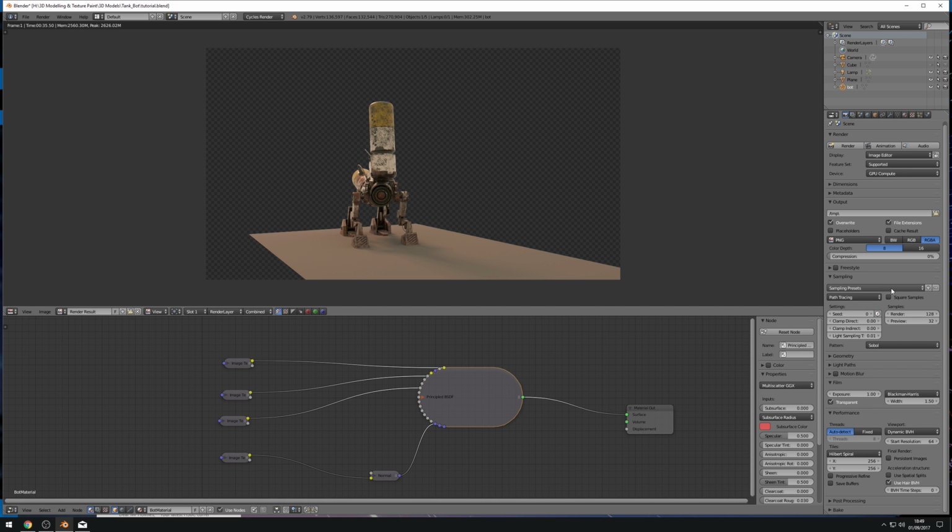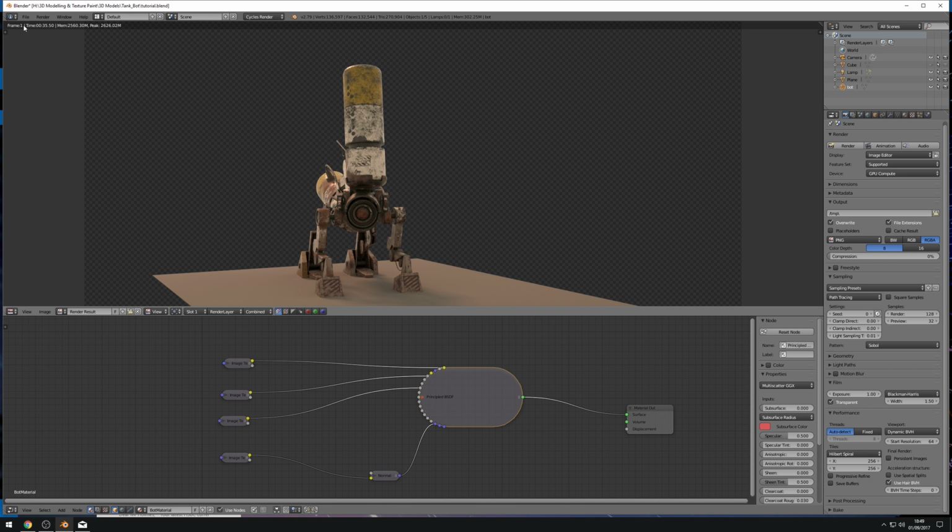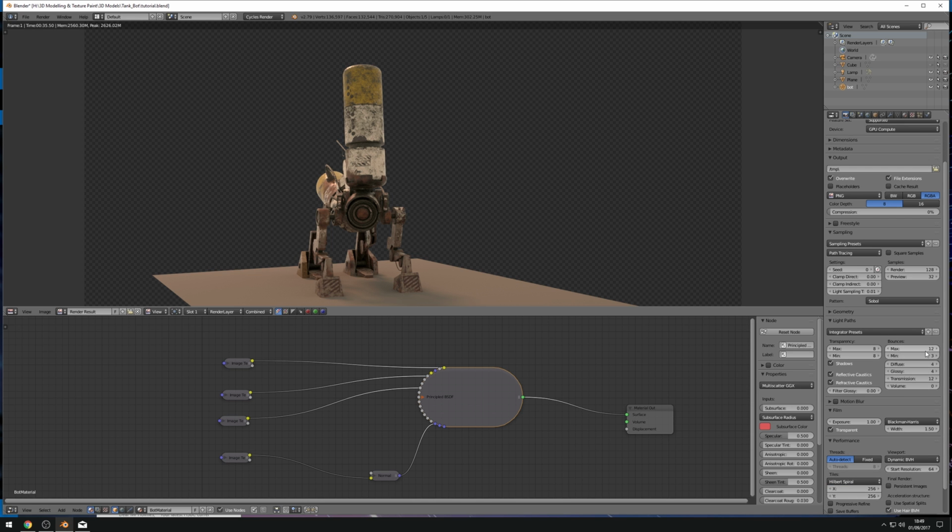We didn't touch the sampling at all. The sampling was left the same. So 35. Let's see if we can speed that up a bit further. So let's come down to light paths, and by default they're very, very high. These are the amount of bounces that compute all the kind of subtle lighting in here. But again, from tests, people have noticed there's very little difference between 12, say for example, and 2. And 2 tends to be the turning point. So let's go 2,